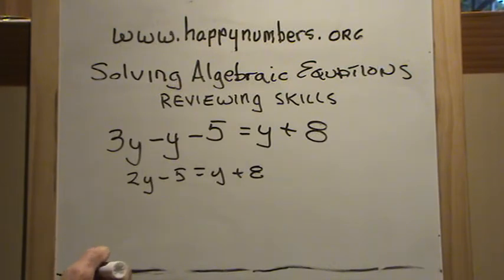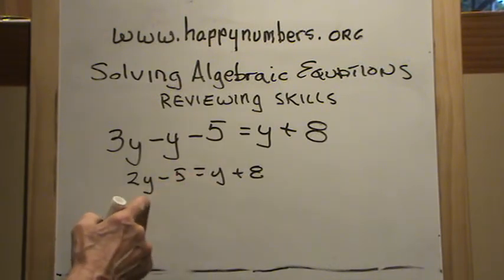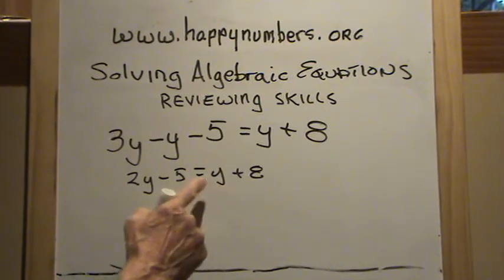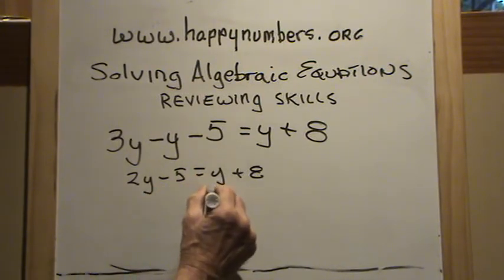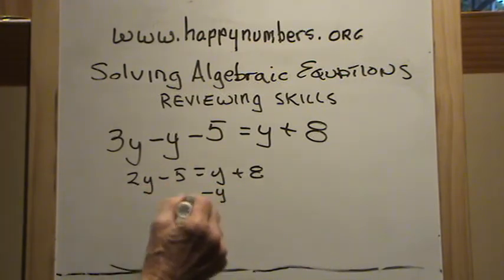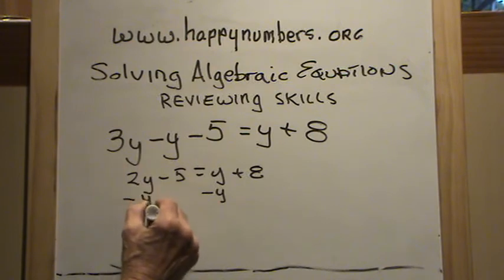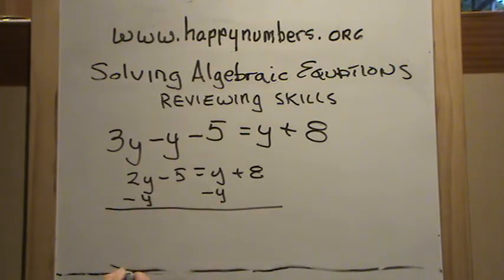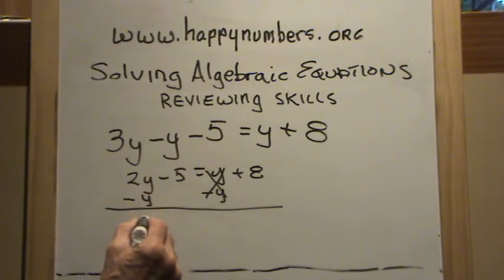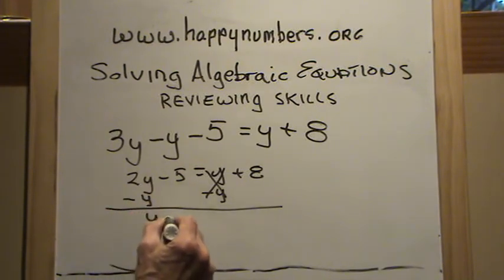Well, we want to isolate our y, and we have a y on each side. So let's bring this y over here. This is a positive y, so we'll use a negative y. If we do negative y here, then this will go away. Now 2y minus 1y will give us y minus 5